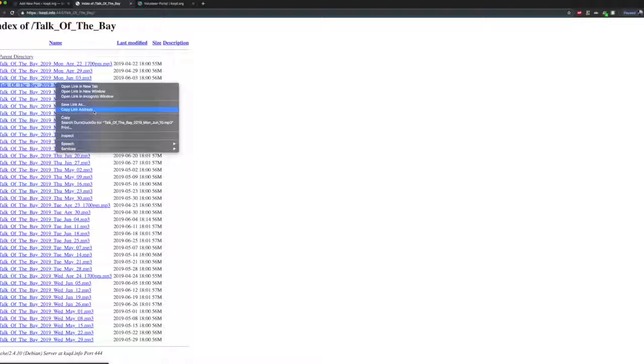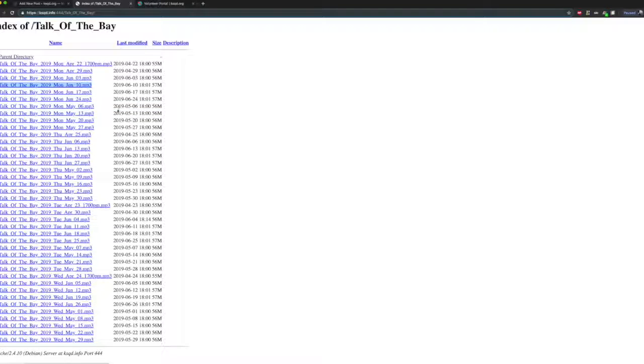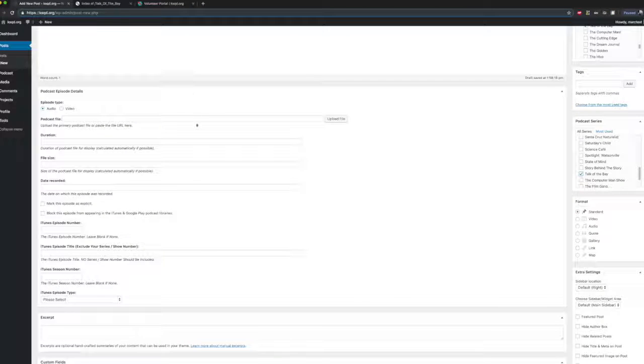Your browser might work a little differently, but you want to capture the actual URL address of that audio file and then come back to our page here and just paste it in if you want to directly link to that archive file. We would be done here, but in many cases we are recommending that